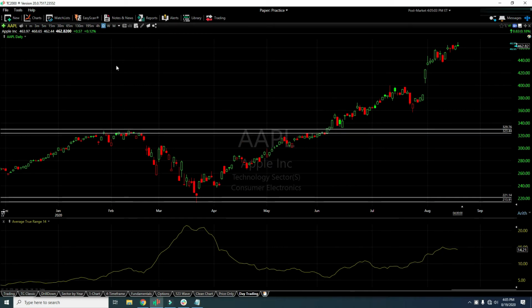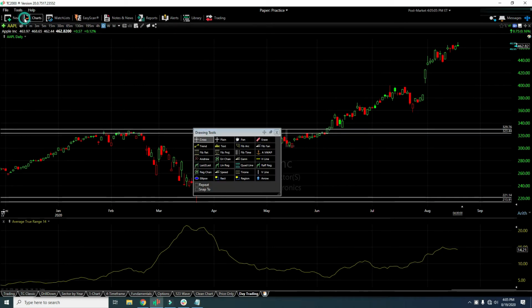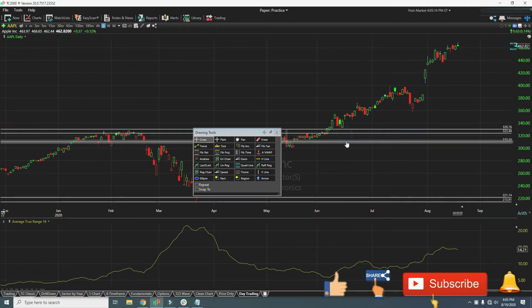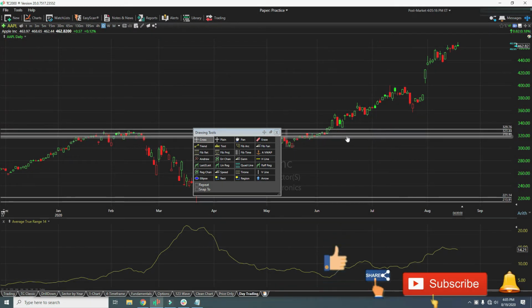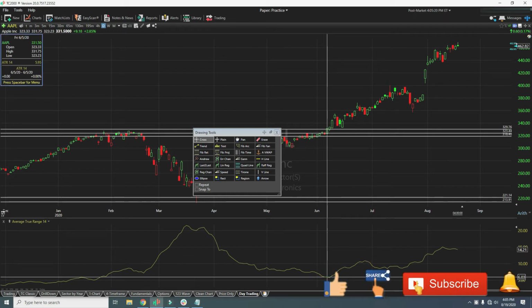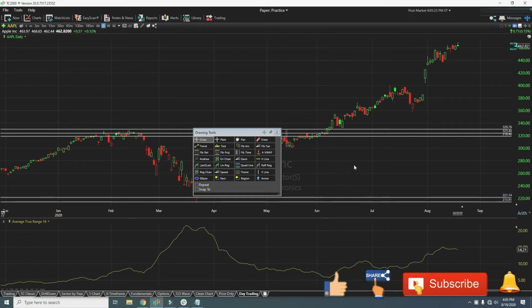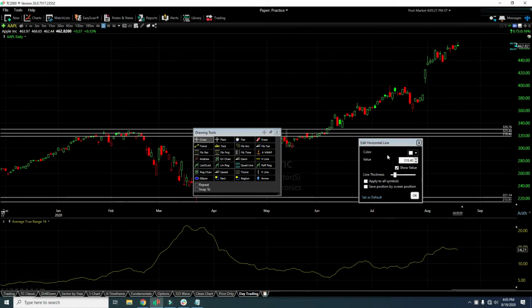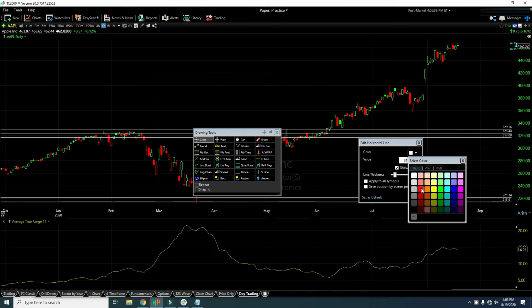So what would you do? Again, the same process. You calculate 1 ATR. You draw a horizontal line 1 ATR below the support resistance area. The support resistance area low was 323 and the ATR on the day is around $6. So you would subtract $6 from 323, so that would be like 317 change. That would be your